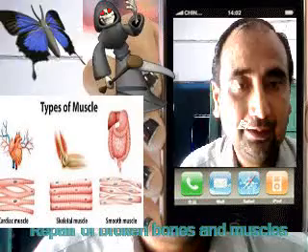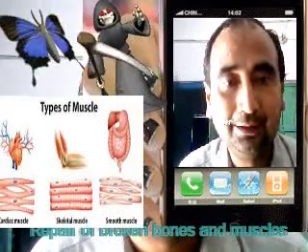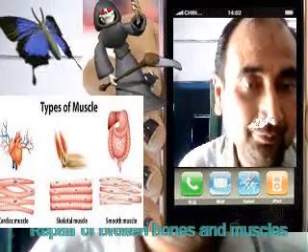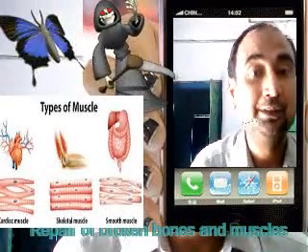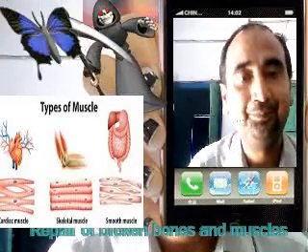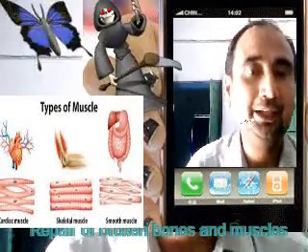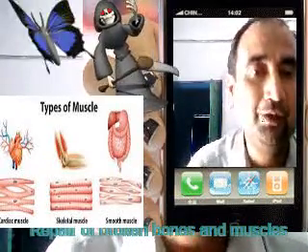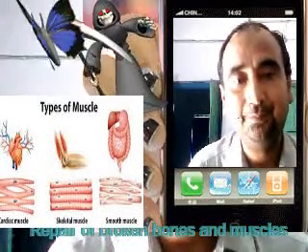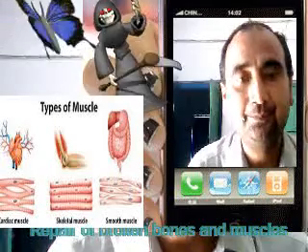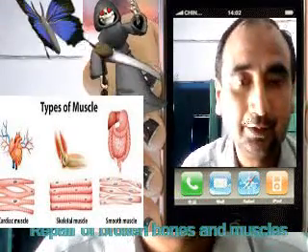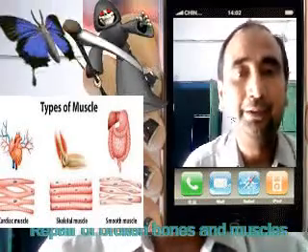The other type of muscles present in vertebrates are cardiac muscles. Cardiac muscles are the muscles of the heart. They form the mass of the heart. These are long, chain-like, with their own nucleus in each cell of the chain. The keywords for these muscles are cardiac, involuntary, and striated.